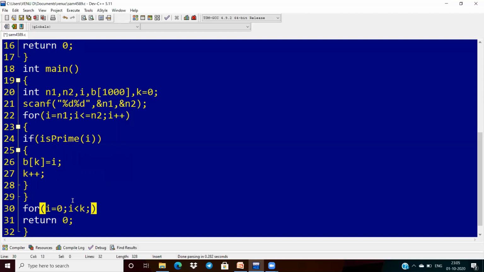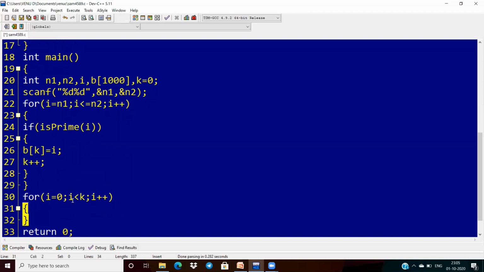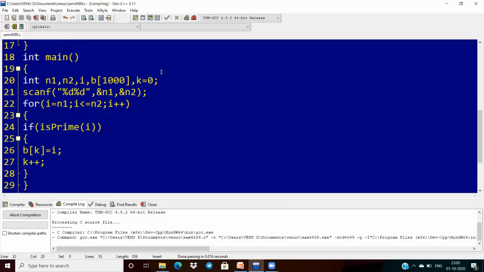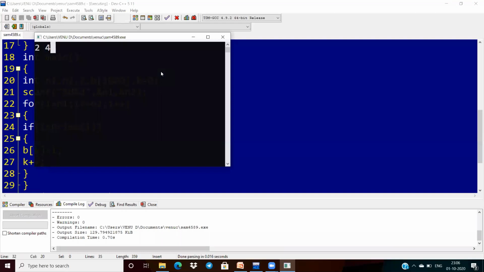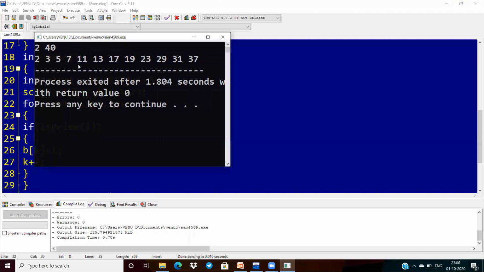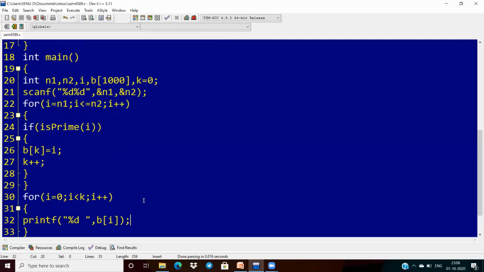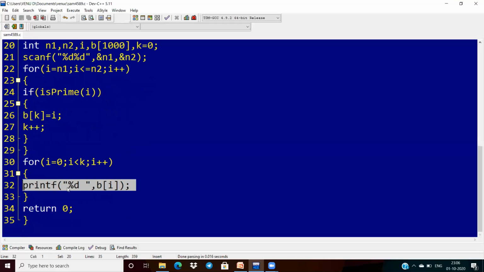For i less than k, i plus plus, printf percentage d, some space, b of i. Let us verify. Giving 2 and 40, I'm getting all the prime list. Okay, the first task is finished.